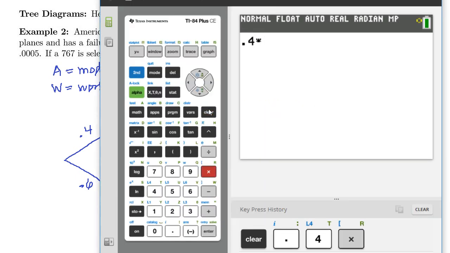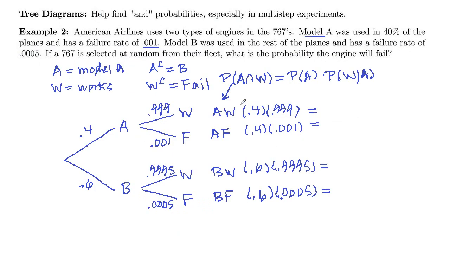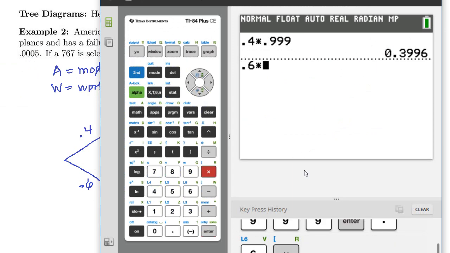So 0.4 times 0.999 is 0.3996. And then the 0.001, that's just going to move the decimal place 3 places. So this will be 0.0004. And then 0.6 times 0.9995